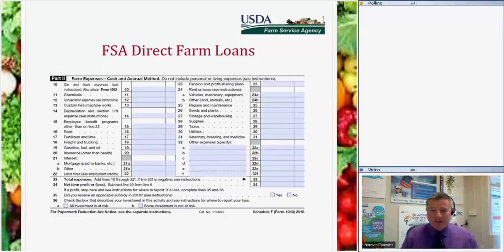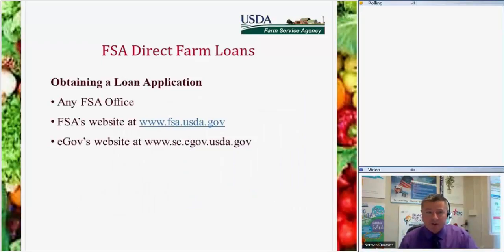Now, if you're doing a livestock operation and you have no cost for, let's say, feed or veterinarian bills, then you haven't done your research on it, because your animals need to eat, and you definitely want to take care of them by having the right types of shots and medical facilities. But this is what we'll look at as far as your expenses. I always like to tell my new borrowers to pull this up and get an idea of how you can base your expenses, because it's nice to have a business plan, but we look at the numbers. Is this farm going to be feasible, and are we putting you in debt that you can't afford?